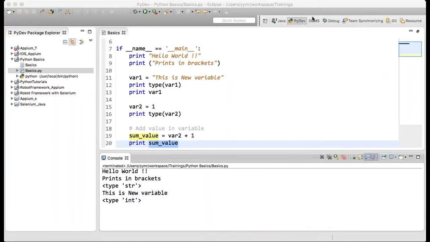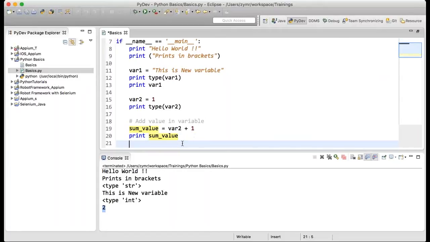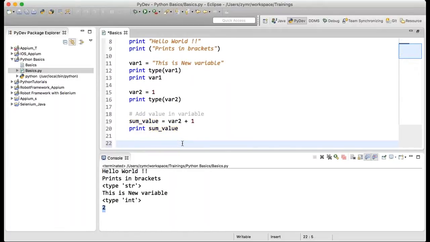So I quickly will try to run this. So here you go, this is the value that is being printed for us. In this way, I will show you one more thing. If you try to add a string to a particular number, Python will throw us some error saying we can't do that action.